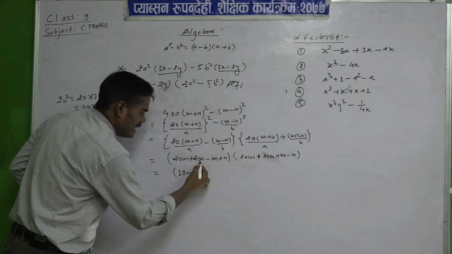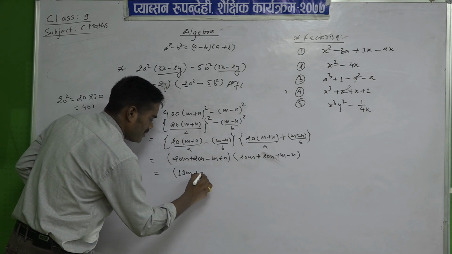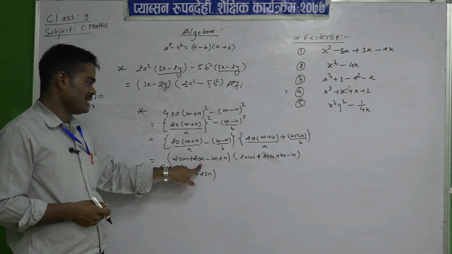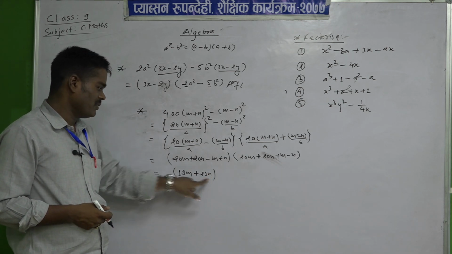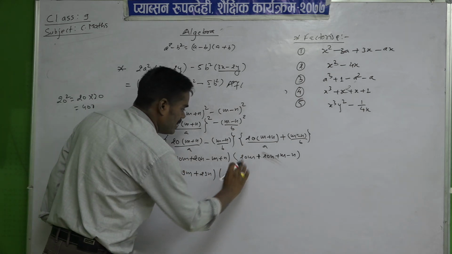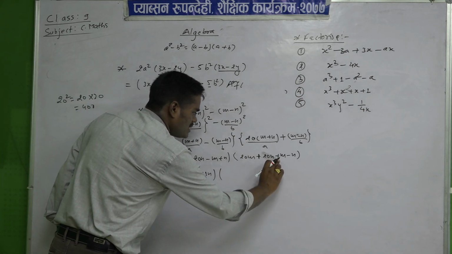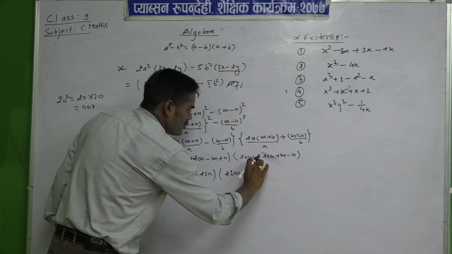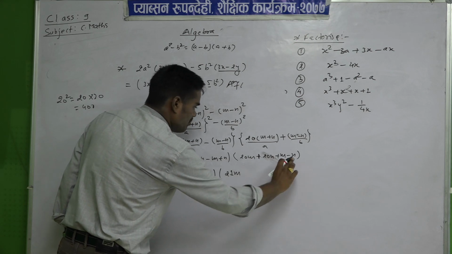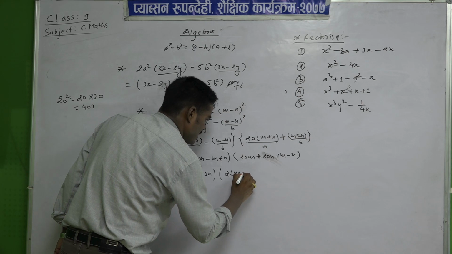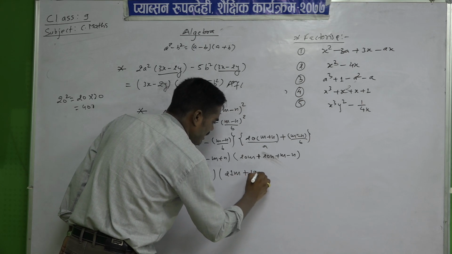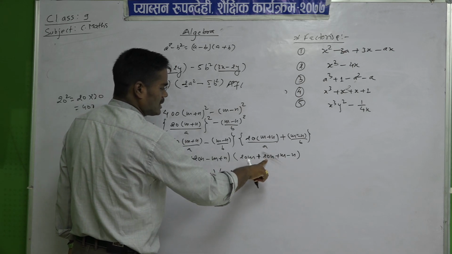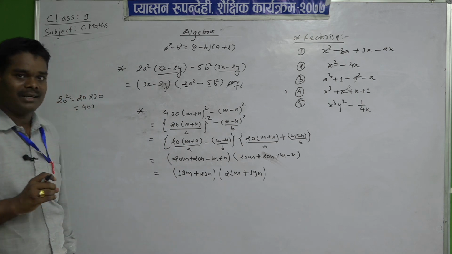And then, plus 20n plus n means what? Plus 21n. 20n plus 1n means 21n. And then in the other, plus 20m plus 1m means what? 21m. Plus 20n minus n means what? Plus 19n. 20 has the plus sign and 1 has the minus sign. So, we have to take the sign of the greater number.